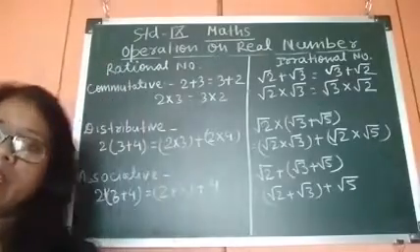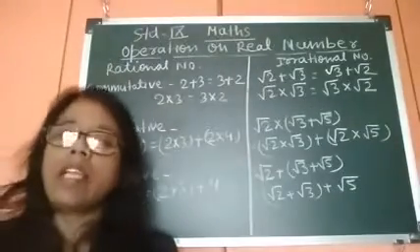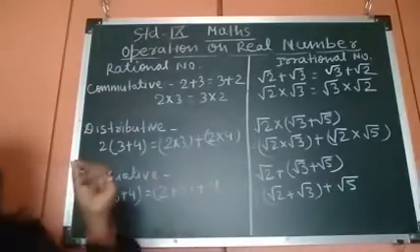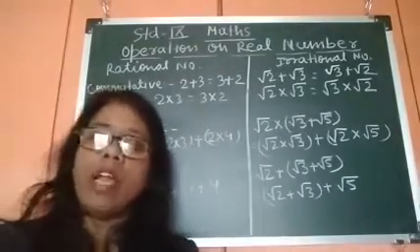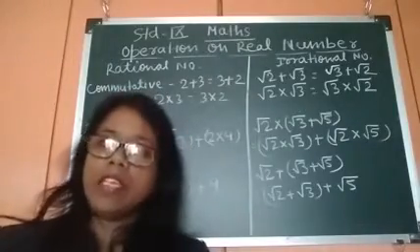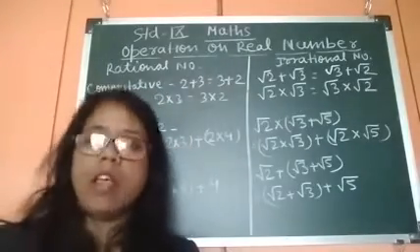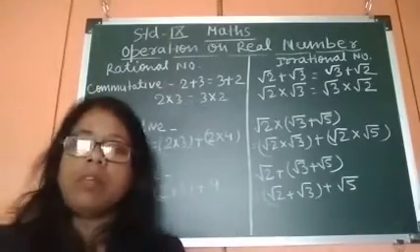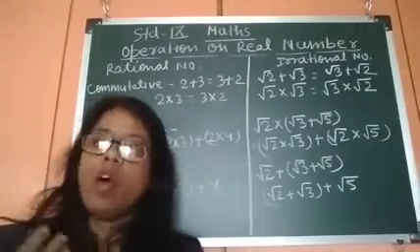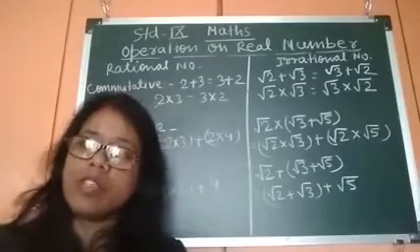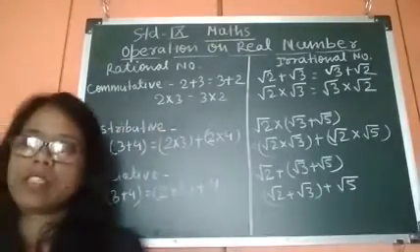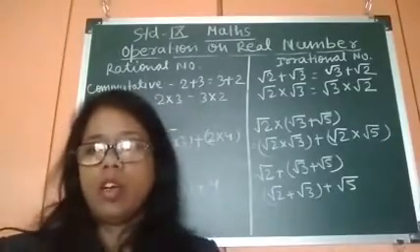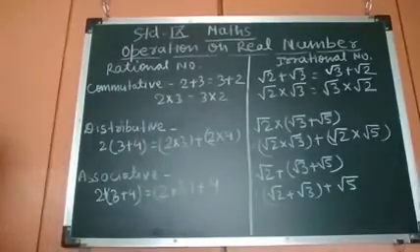Till here it is clear that rational numbers and irrational numbers, meaning all real numbers, satisfy the commutative law, distributive law and associative law for addition and multiplication. Fine. Now we will see whether all these numbers are closed with respect to all four operations: addition, subtraction, multiplication and division, or not. That we will see. Just see.